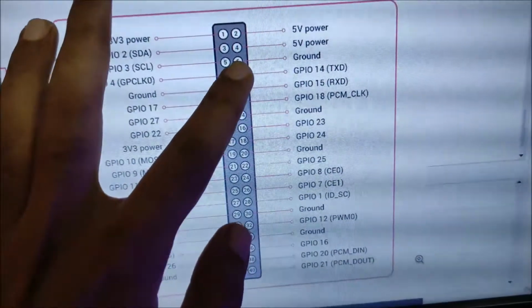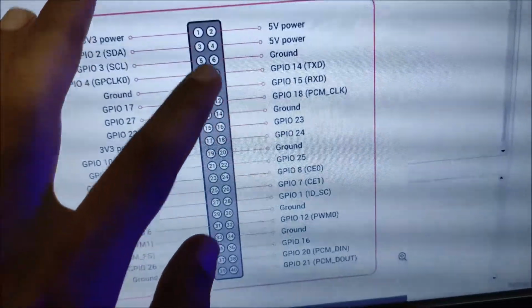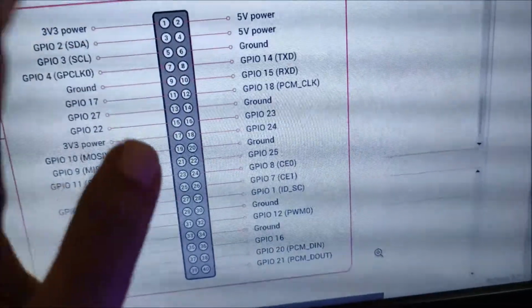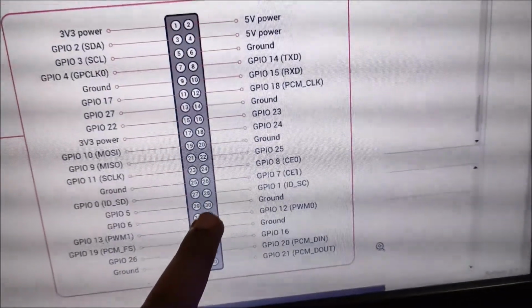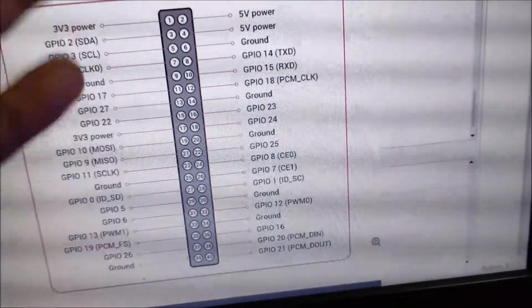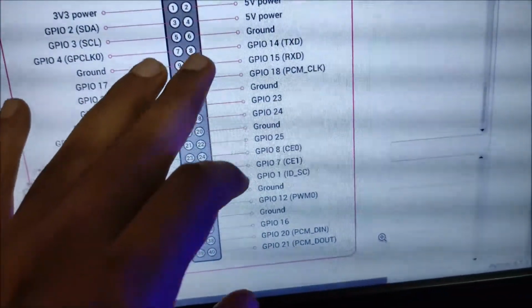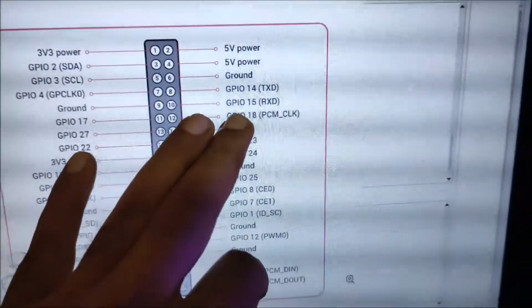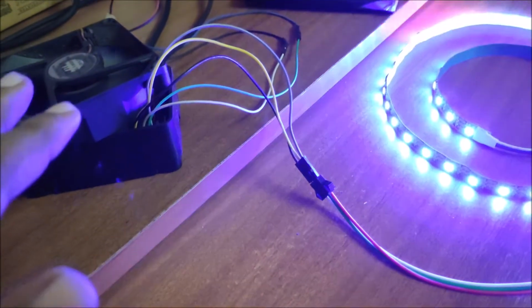The ground pin is 6, or you can go with 14, because 14 is also ground and 6 is also ground. So power connects with the 5 volt, then ground connects with 14, or it may be 6, or any other ground pin, because the Raspberry Pi 4 has pin 30 as ground as well. And the main thing is the green wire: we are going to connect it with physical pin number 12, GPIO pin number 18. So this is the connectivity for our RGB LED strip with our Raspberry Pi 4.